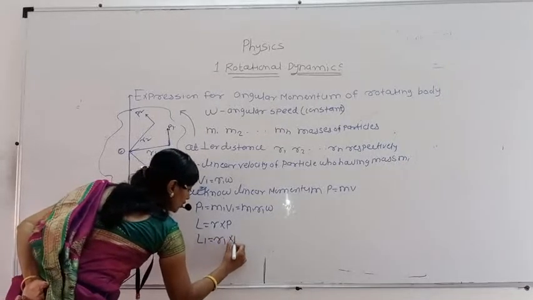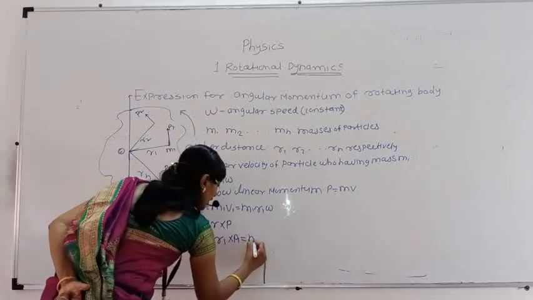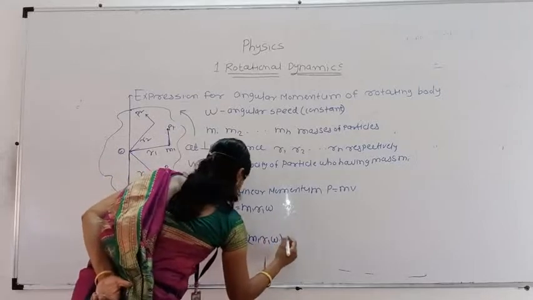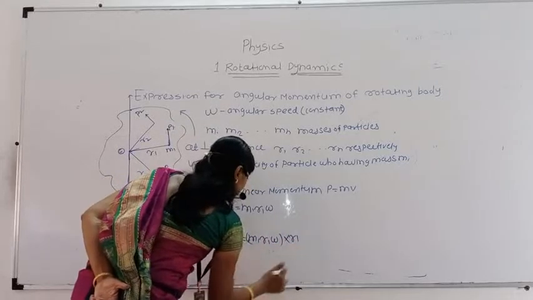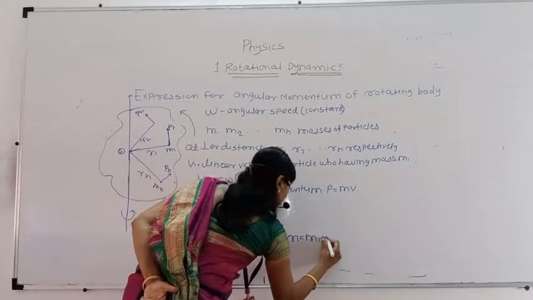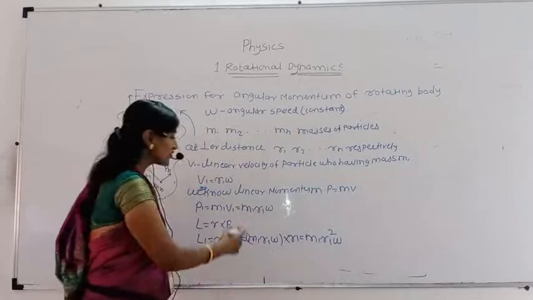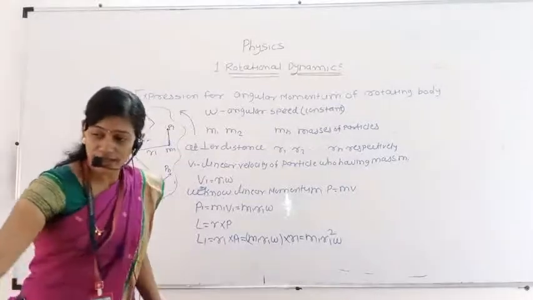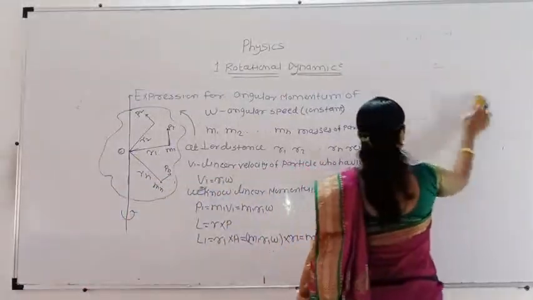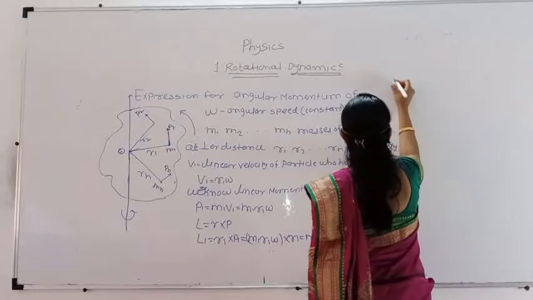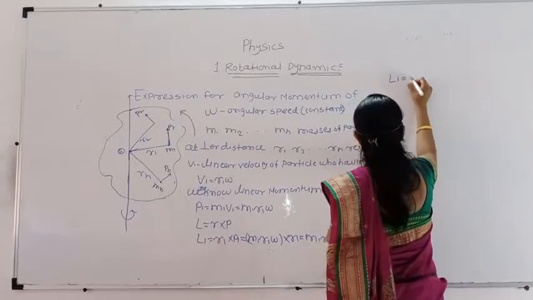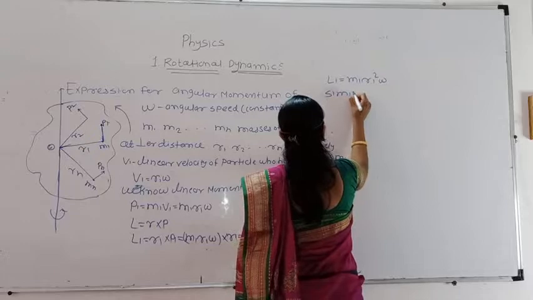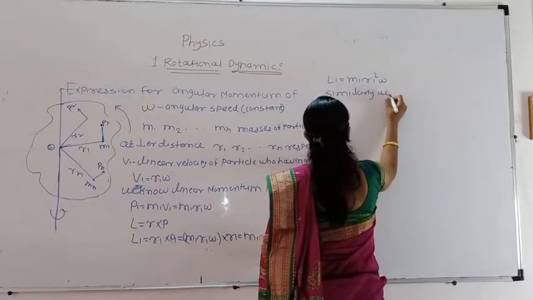Here we get L1 is equal to r1 into p1. By putting this value, m1 r1 omega, the product with r1, finally we get m1 r1 square into omega. This is the value for the first particle. Similarly, we can find the value for the remaining particles. L1 is equal to m1 r1 square omega. Similarly, we can write,